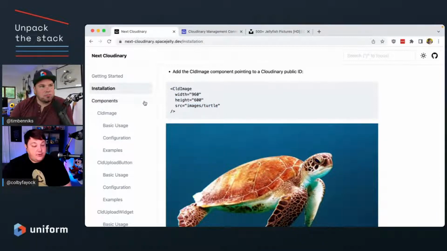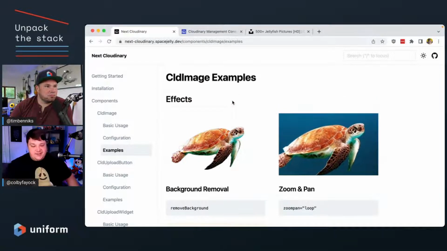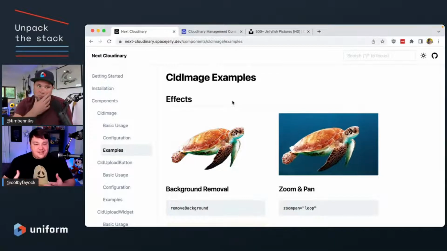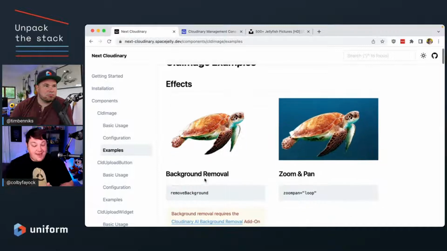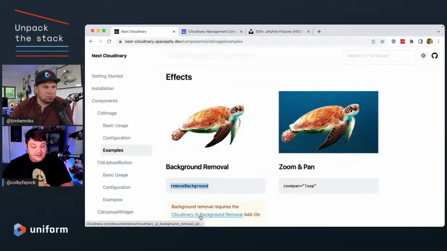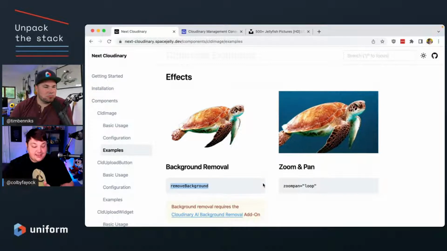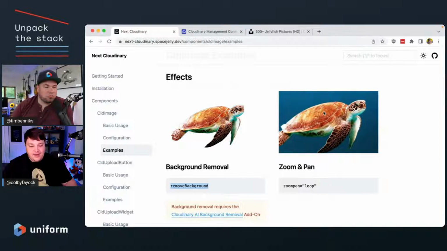But let's get into some more things. Skipping ahead to, let's say, examples. This is just a dump of different examples that you can do, but I'm trying to take advantage of all the different features that we can to really make some cool things happen, like background removal. We support on-the-fly background removal if you have the Cloudinary AI add-on. So you can super easily do that right inside your Next.js app,